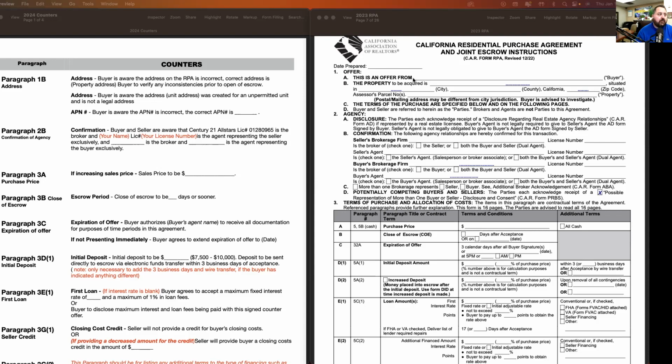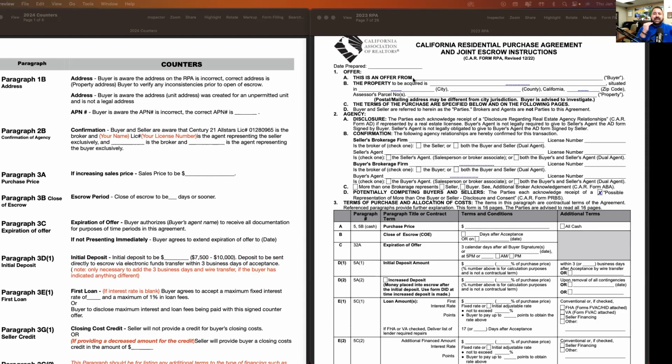Buyer is aware that the APN number is incorrect. The correct APN number is, and stated. Those are all pretty straightforward counters, but they are common. It happens more often than you would think that property addresses and APN numbers are incorrect on those offers that